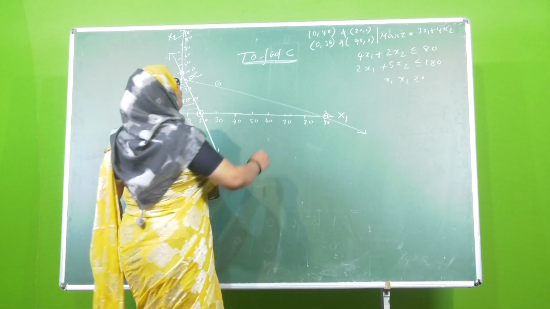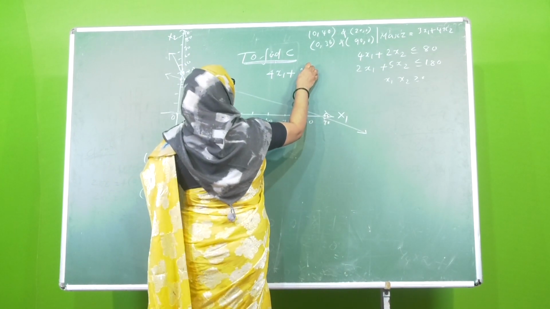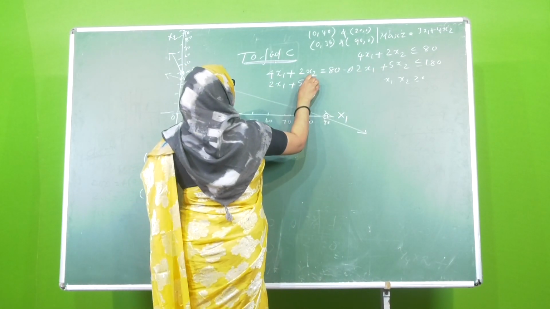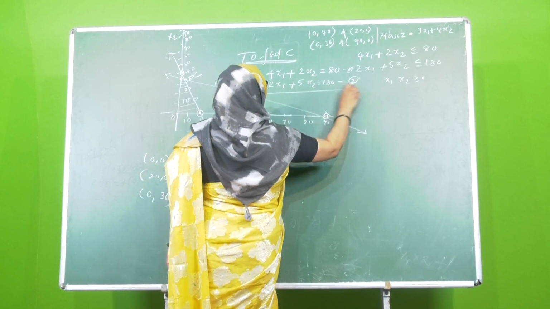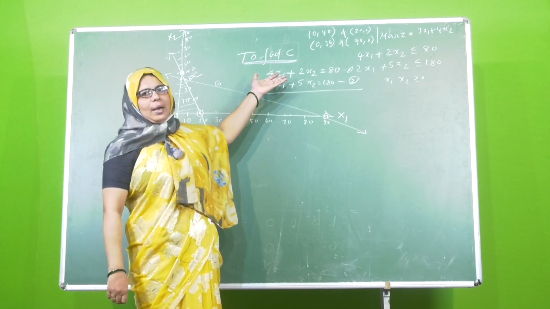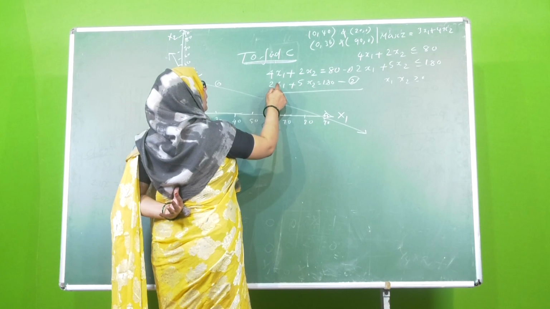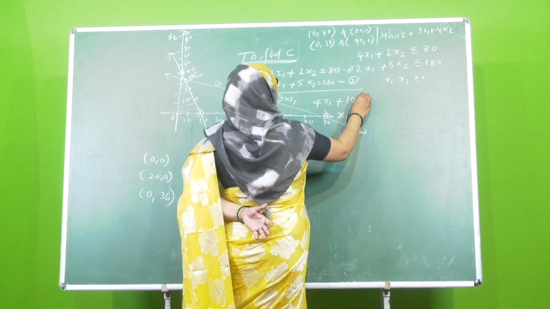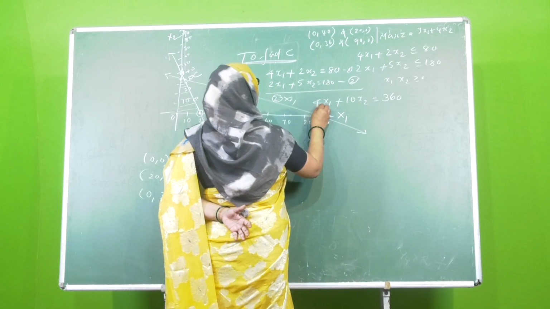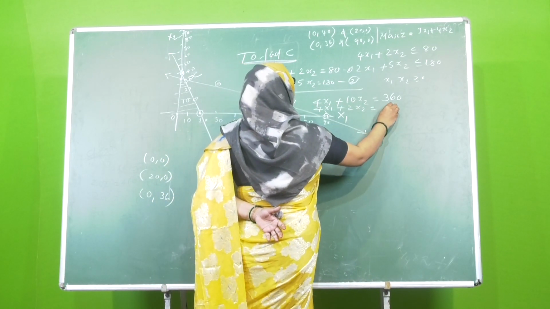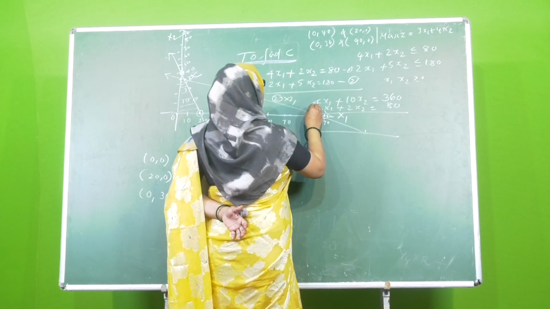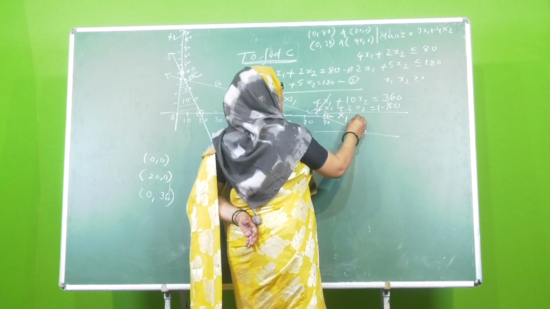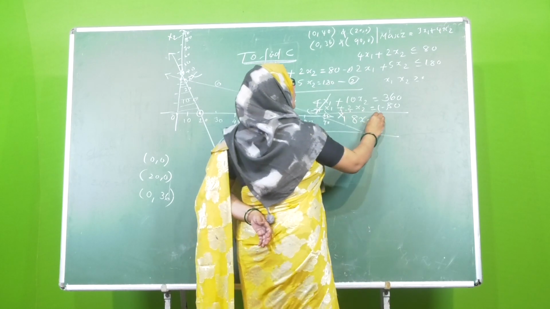So to find C, equation 1: 4x1 plus 2x2 is equal to 80. Equation 2: 2x1 plus 5x2 is equal to 180. Now we are going to eliminate x1. We multiply equation 2 by 2, that is 4x1 plus 10x2 equal to 360, and 4x1 plus 2x2 equal to 80. You have to change the sign, 4x1 minus 4x1. Now 10x2 minus 2x2 is 8x2, equal to